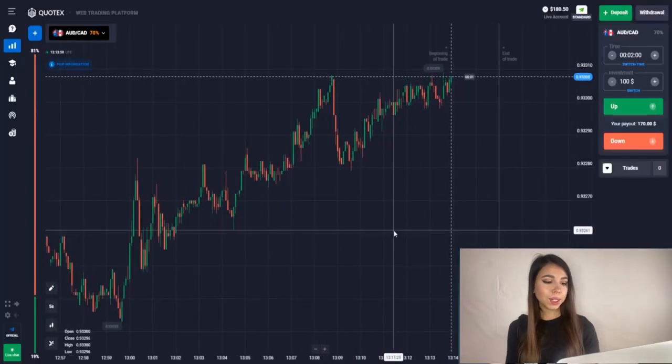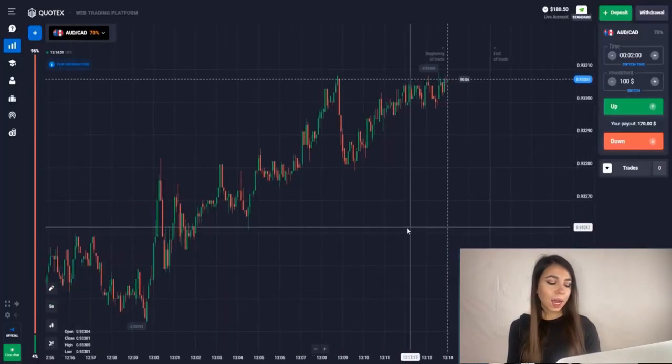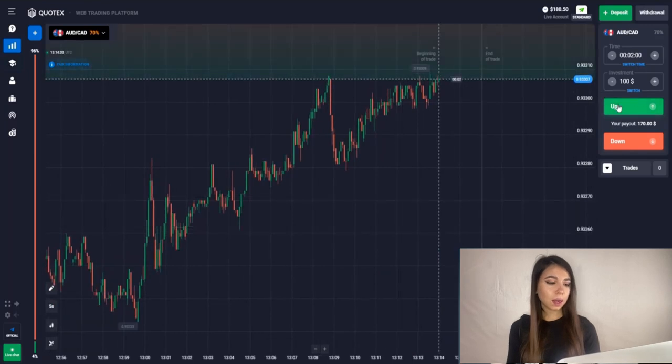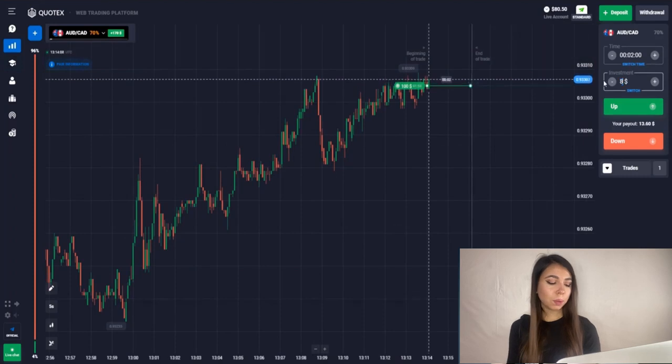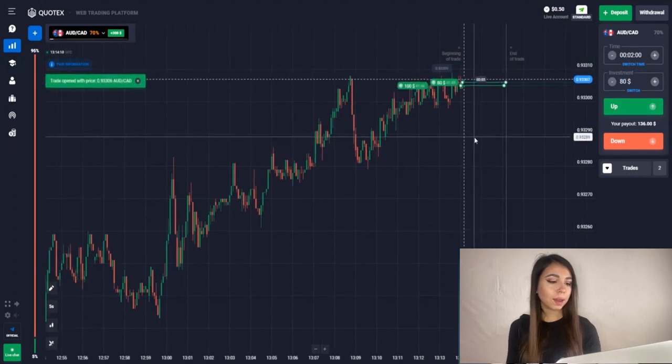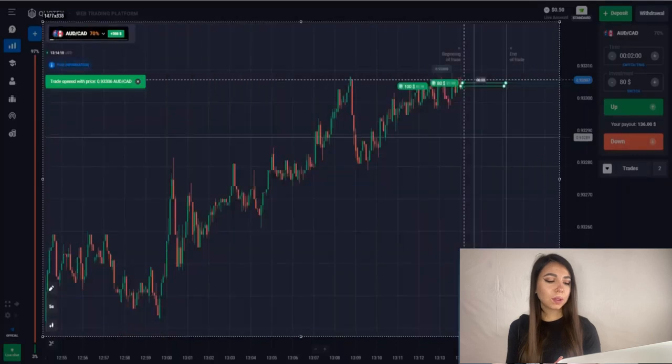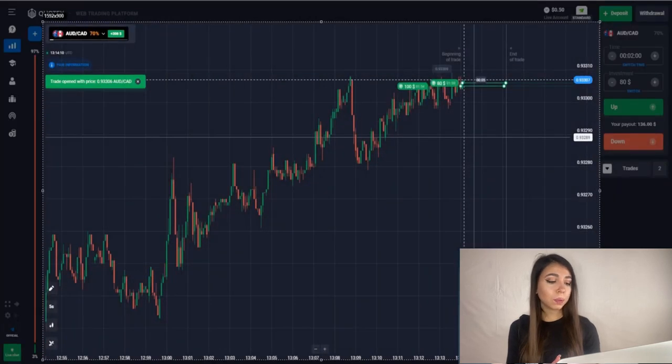So let's start. Today we will continue to make money on trading. Our current goal is to increase our deposit by 10 times, and our first currency pair will be the Australian dollar, the Canadian dollar. For this currency pair we are entering with up. We trade the first transaction all in, that is for the entire deposit, and let me explain the logic